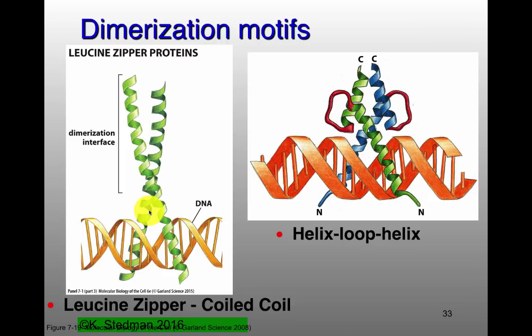Yeah? So the dimerization interface is more specific than where it's interacting with the DNA? Yes or no? Because these ones can be homodimers or heterodimers, correct? Okay, I'm not sure I quite understand the question. I guess I'll try and paraphrase it. Is that dimerization domain going to be more specific than the DNA binding part of it? I guess I'm just confused on what the difference is between where the leucine zipper is attaching to the major groove and the dimerization interface portion. Is it two separate portions? Is it all one strand?